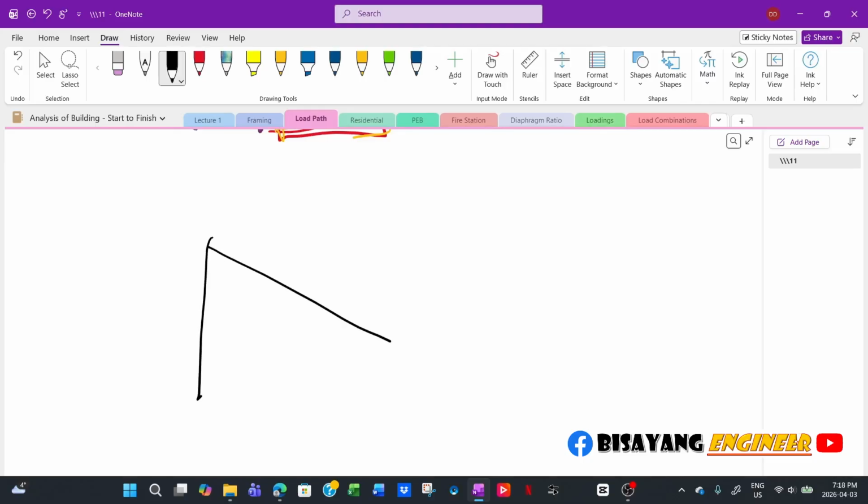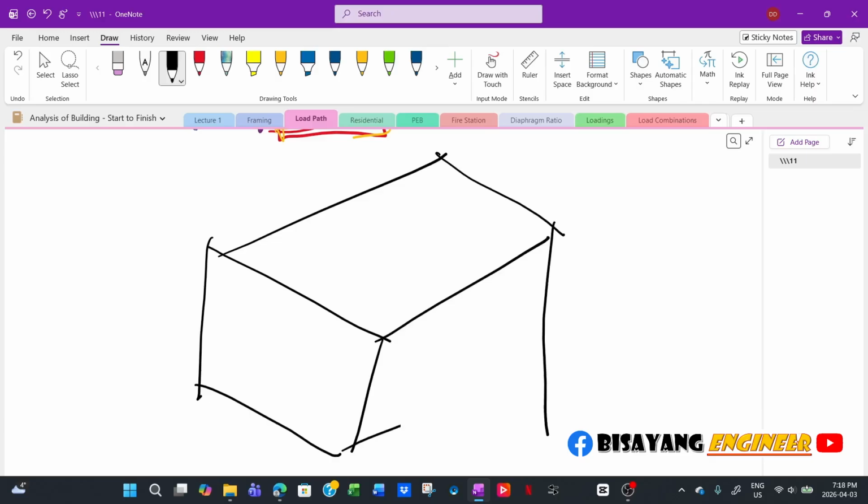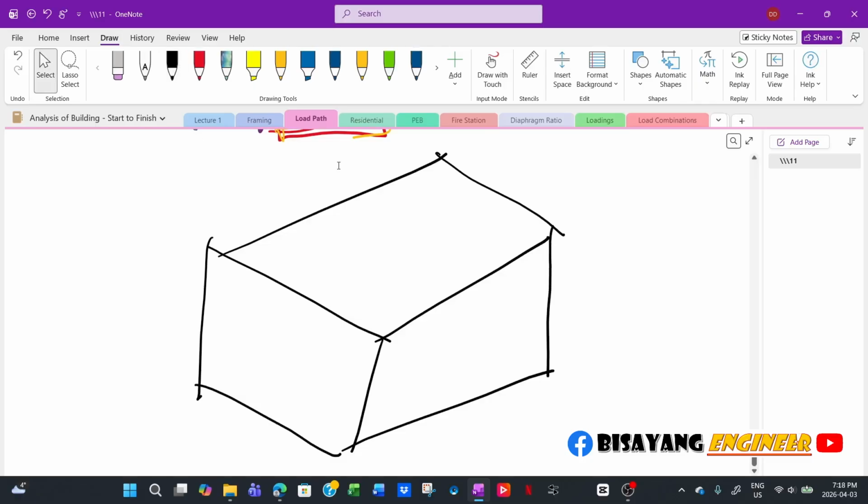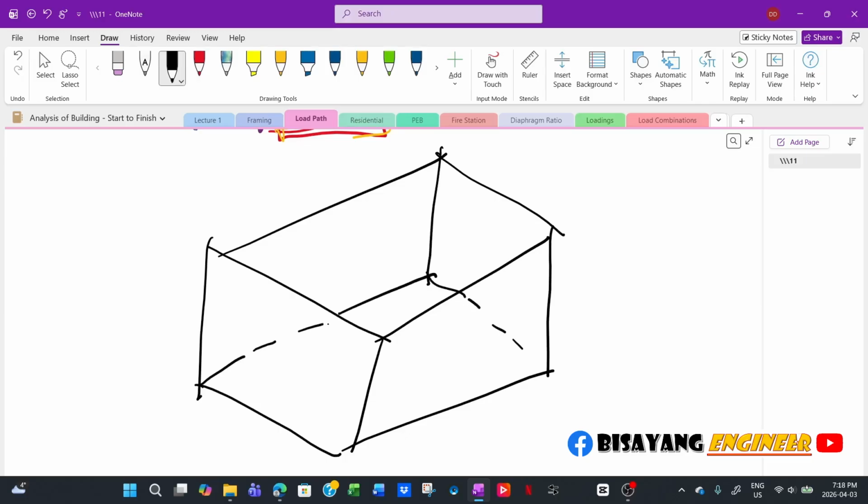Now, if you look at the 3D, if you imagine how it is transferred back to the foundation, for example, this is your basement wall, right? So you will have something like that. Imagine, for example, the trusses are spanning this way, and then this is pushing this